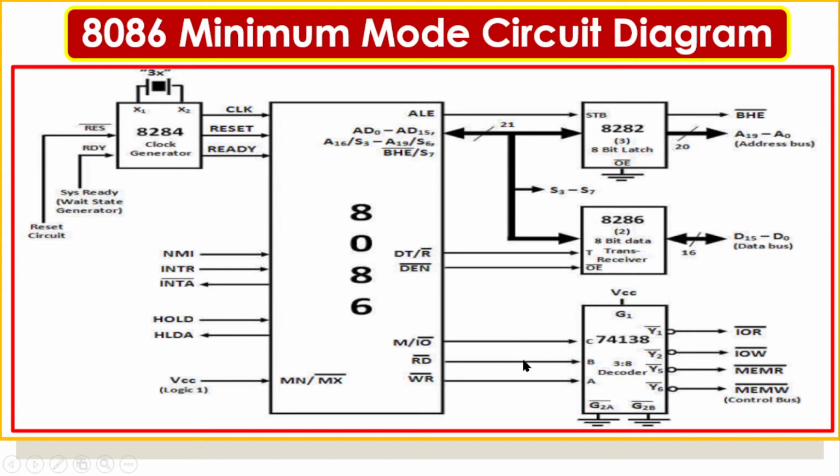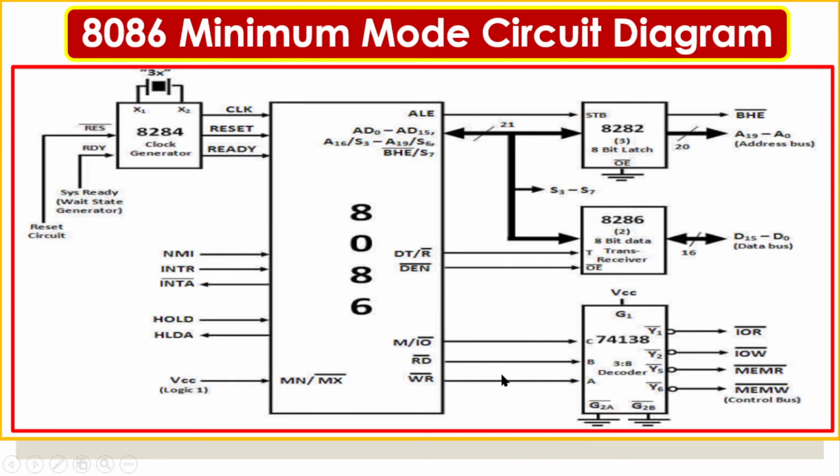The next one is a decoder. Why are we going for a decoder? When we use a microprocessor, it gives a signal, either accessing memory or IO, with the help of a single pin. The pin M/IO bar is 1, the processor is accessing memory. M/IO bar is 0, then the processor is accessing an IO device. The read signal is the same, whether it is reading an IO device or memory, it will enable. Write also enables whenever the processor is writing to memory or an IO device.